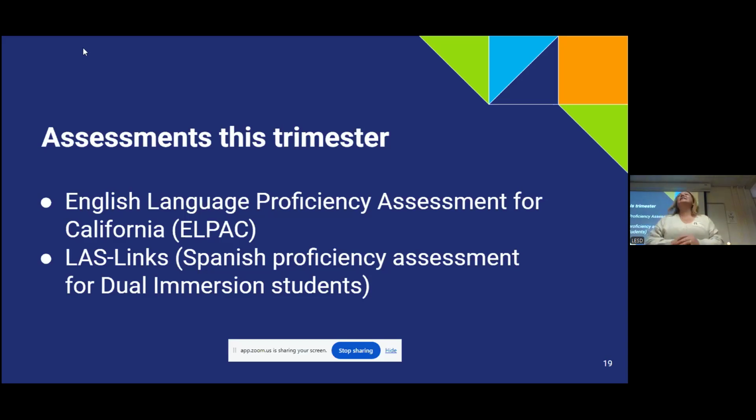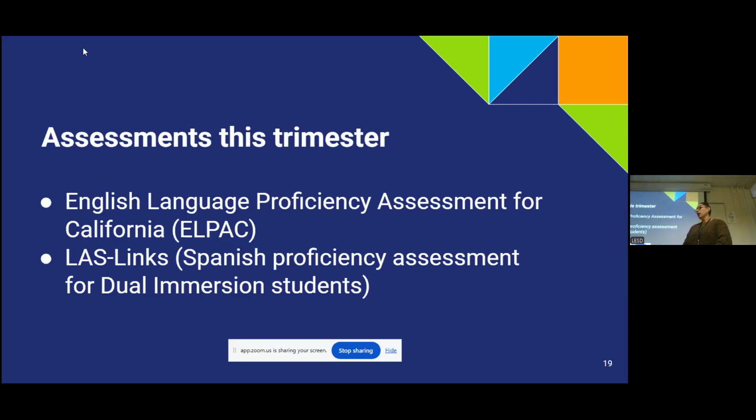We are going to go over assessments that our children are going to be taking this trimester. So the summative LPAC. Hi, I'm Eliana Cruz. I'm the ELERT at Billy Mitchell Elementary. Our students, our English learners, will be taking the LPAC, which is the language assessment that measures their academic English. We're beginning in the first week of February.